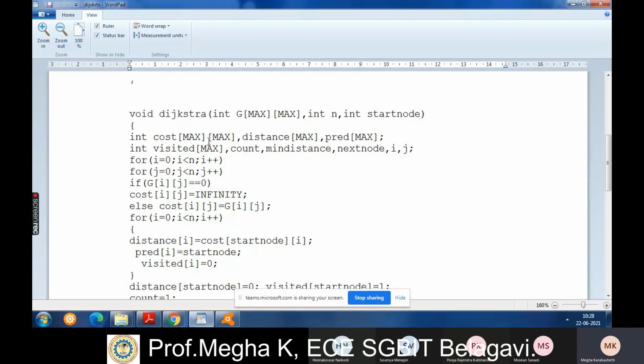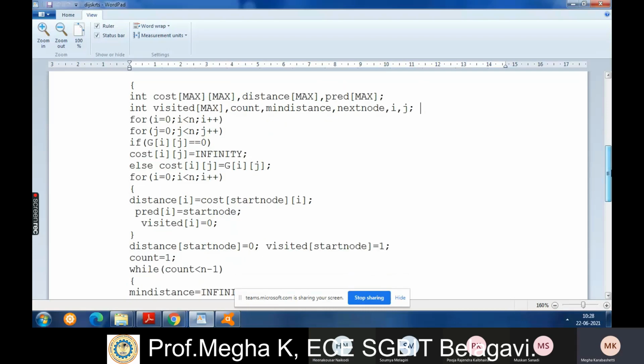That I'll tell you guys in the program. For now, visited array means it will give you the current node value. Fine. So next one is count. I'm using these other integers for the program purpose. What are those? Count, mindistance, nextnode, i, j. Fine. So let us go through the next step.